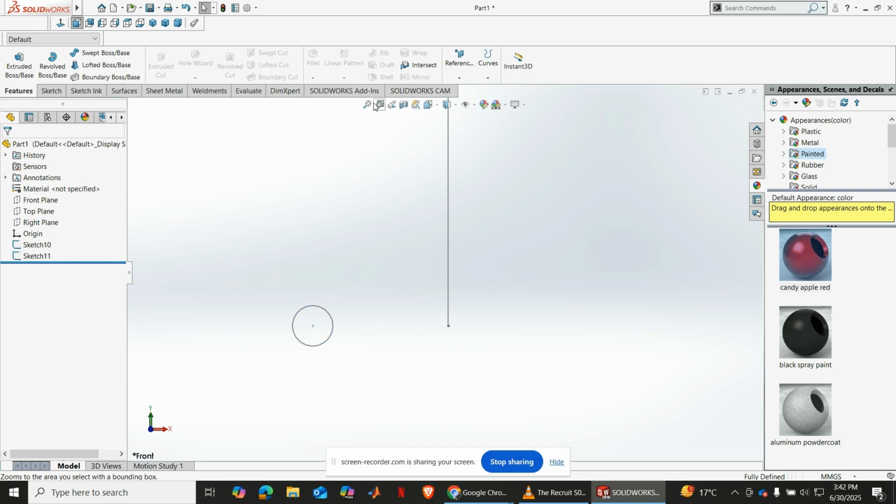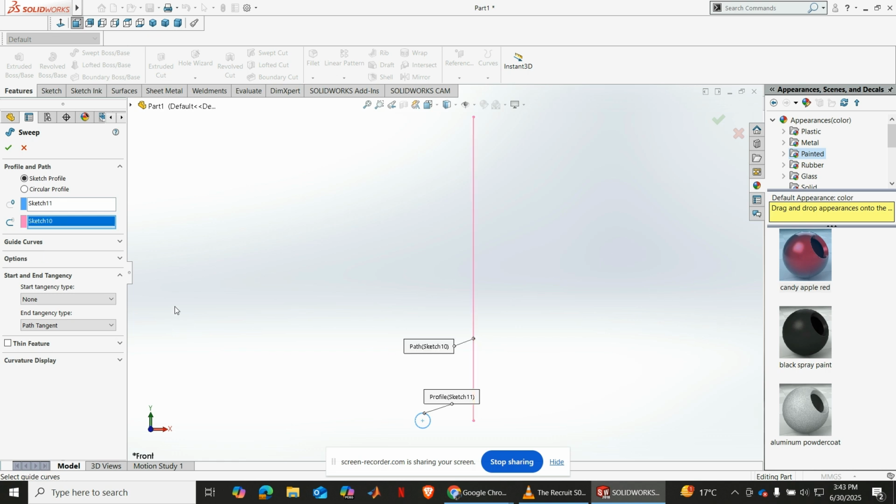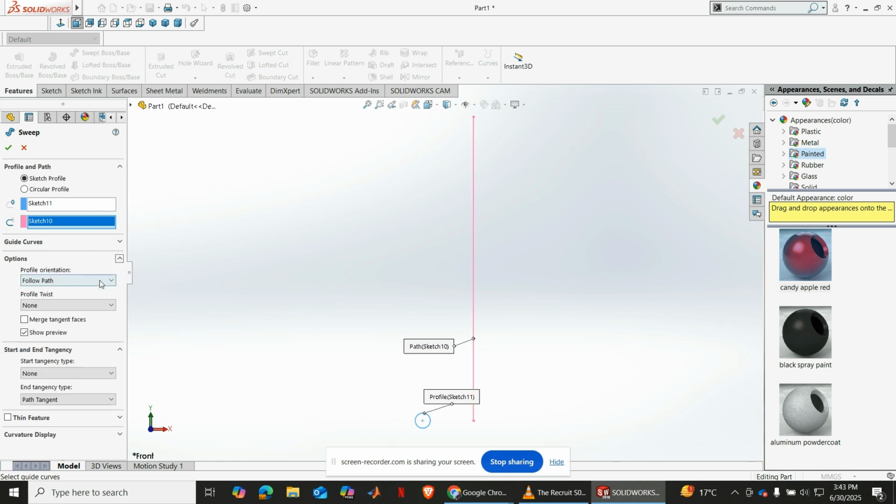Okay, so after that, now creating the spring here, so unakuja kwenye features unasema swept boss, alright. Then unakuja hapa kwenye profile, this is the profile, path, this is the path, right? And then unakuja hapa chini kwenye options, unakuja profile twist, so unaweza ukaspecify twist value,